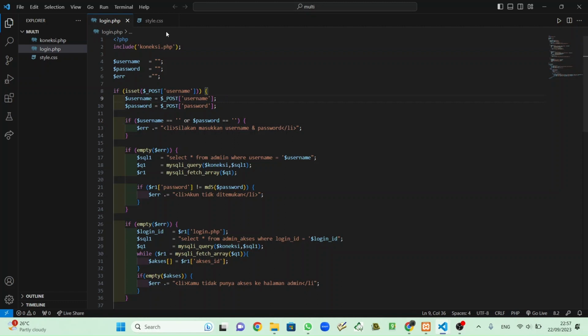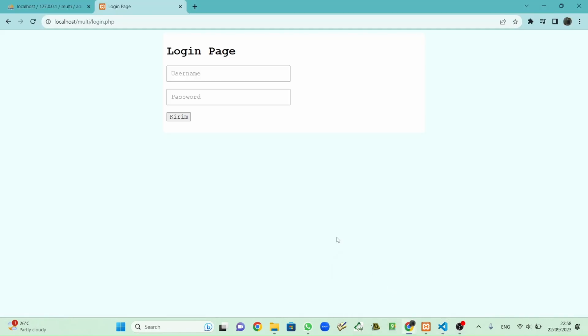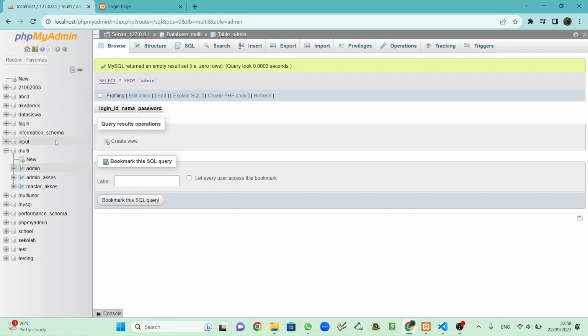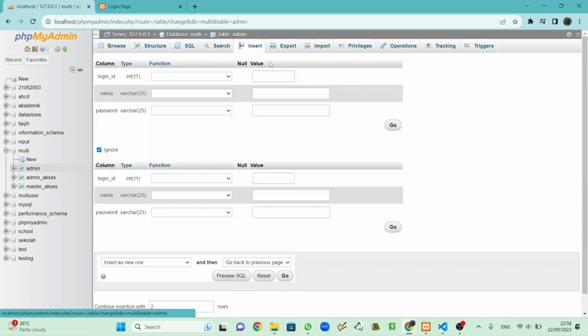But before we move to the other page or other file, we have to sign up the admin. So I want to make an account for admin like this. If we click this, okay, there is an error because we haven't registered or signed up the user or account. So first, add admin, we just insert, and inside login ID